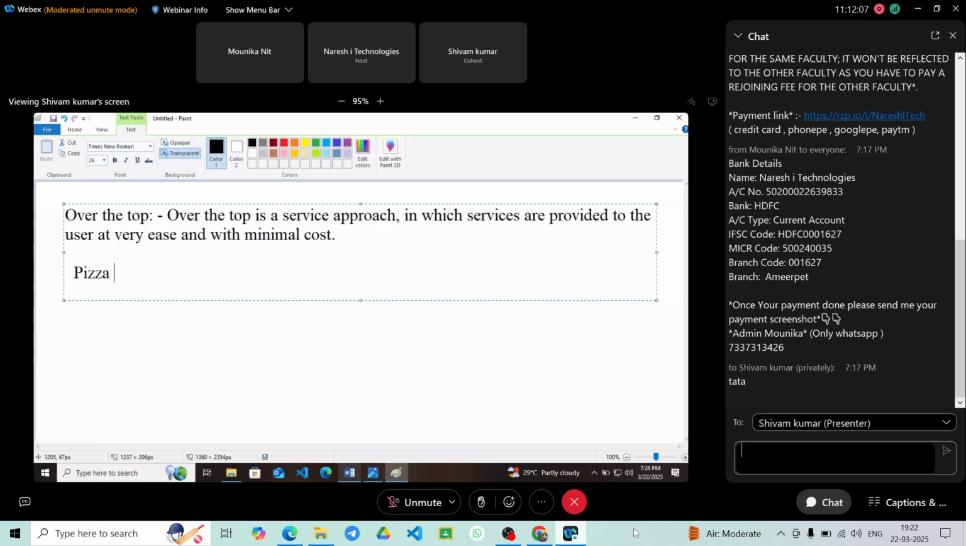Generally, you will not cook it, right? You'll open the app of Zomato, Swiggy, McD, Pizza Hut, or anyone, and they will get it delivered to you. So what did you do? You were not able to cook, so you ordered over the top